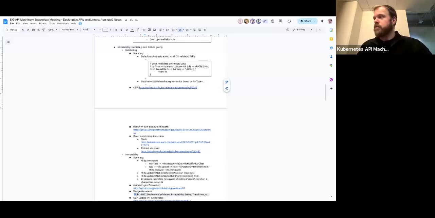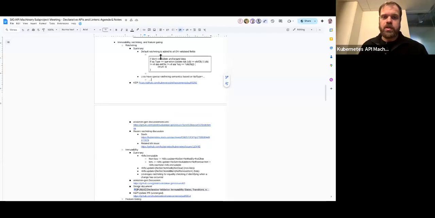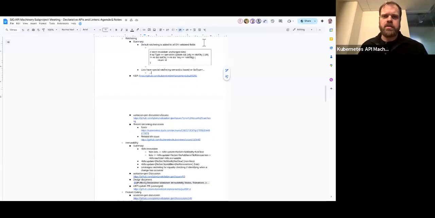So if you reorder a list, in some cases that would fire the ratcheting, and in some cases it does not. With this default ratcheting system baked in, you can add ratcheted tags more easily.